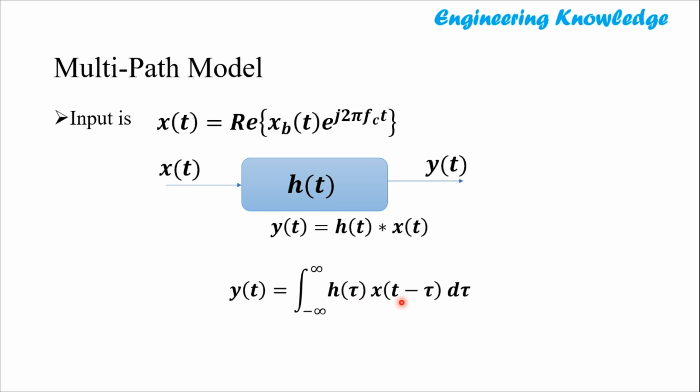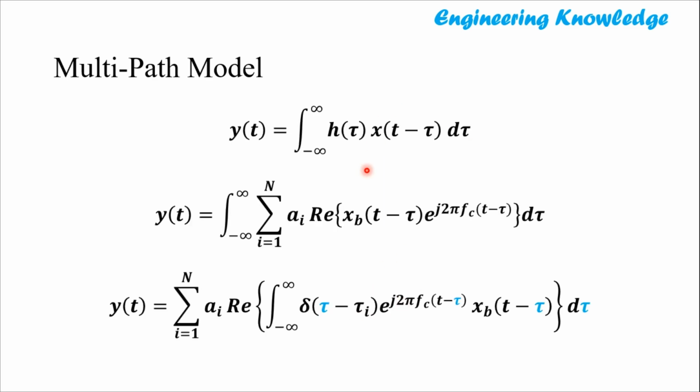and x of t minus tau. We can substitute our expressions for h(tau) and x of t minus tau, and we'll get this. Here, what we intend to do is solve this integral. But you can understand that integration is a linear operation, and taking the real part and summation are interchangeable. So we'll take the real part and the summation outside, and a_i has nothing to do with the independent variable of the integral. The integration is with respect to tau, and a_i is a constant, so we can take that